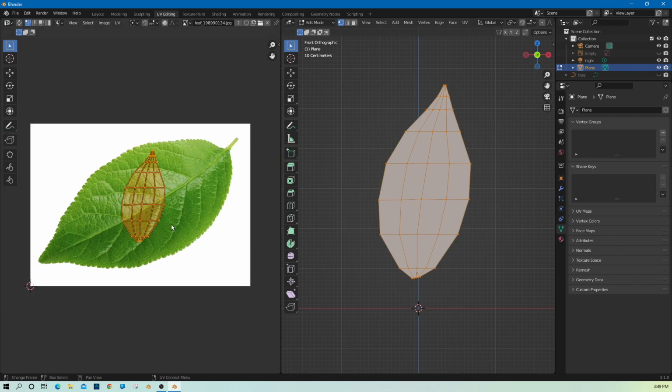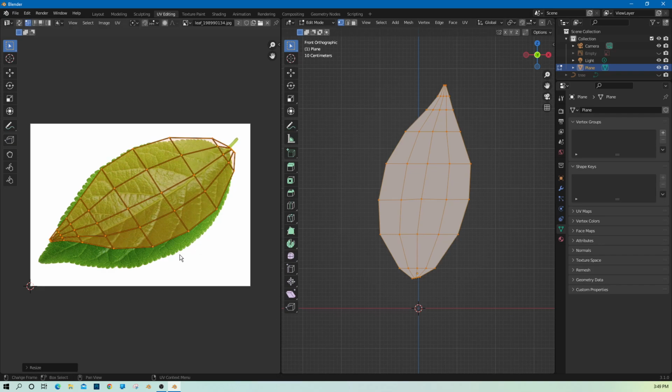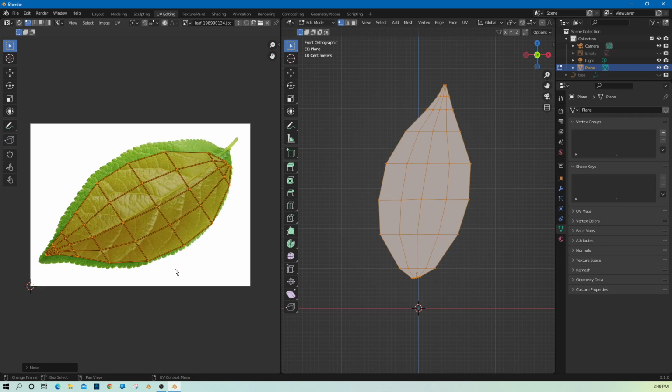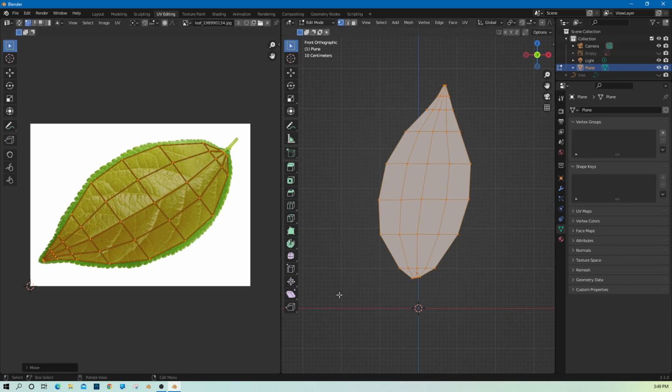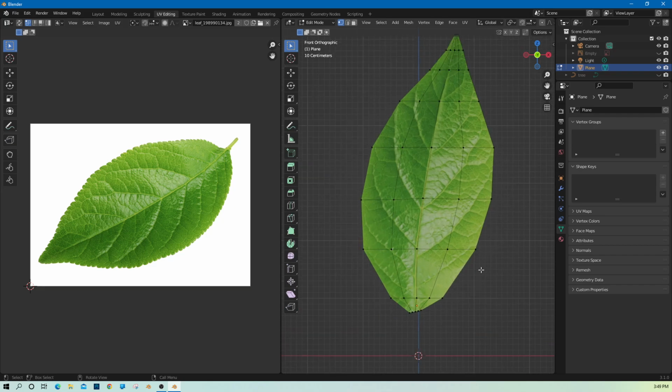Now select A, rotate, scale it, G, scale it, rotate it. Now here press G, Z, and go to material preview so that you will be able to see here